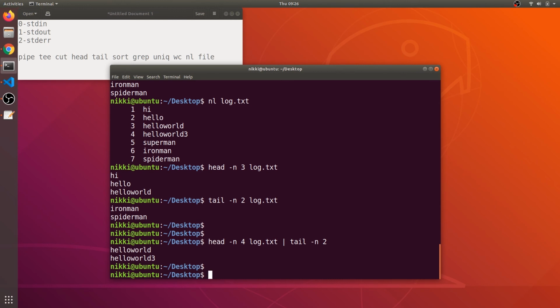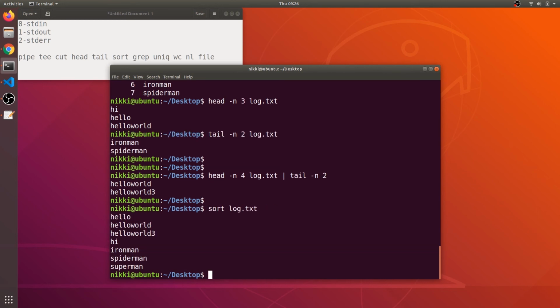So okay, we can sort these using the sort command. I say sort log.txt file. Now the contents of this log.txt file get sorted in the ascending order of their alphabets.